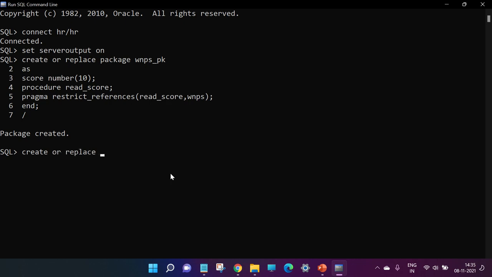Create or replace package body WNPS PKS. Then we need to define our procedure here. Read score is begin. Here, let's suppose we try to assign a value of 14 to score, then we end this read score. The syntax is correct,